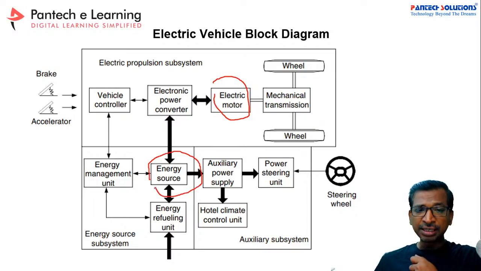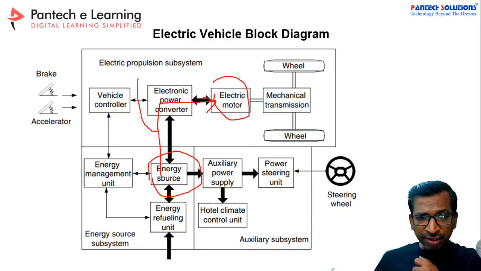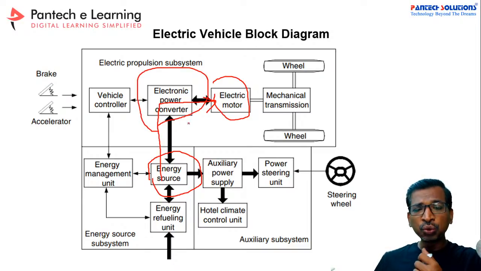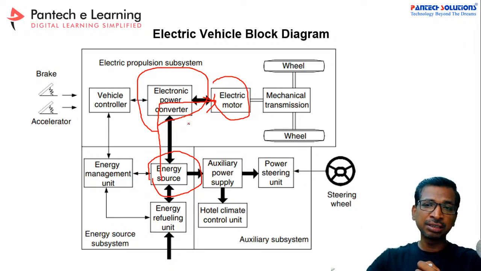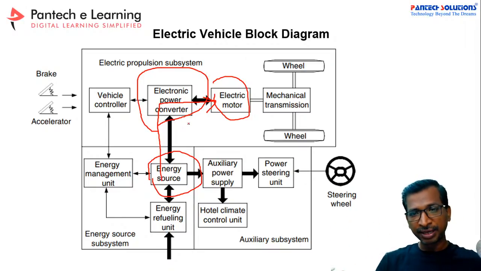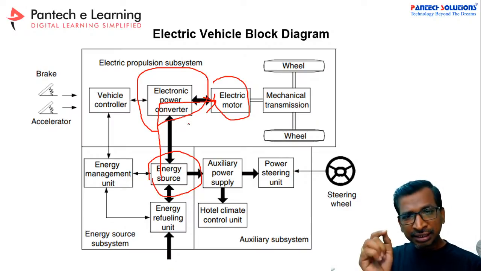This is a battery connected via the power electronic converter, right? This power electronic converter is going to give you the accurate power to deliver a certain level of speed with the torque, right? Because the electric vehicle, if you take a Tesla vehicle,